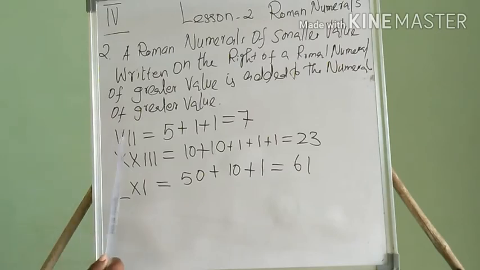5 is the big number, but 1 is a small number. So what they are telling is: in any Roman number, the biggest number, if the other numeral is written on the right side, we can add. I already told you. If I write this side, add. If I write left side, subtraction. That's what they are telling.